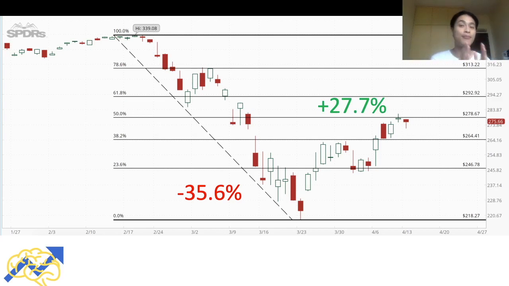So similar to the previous two major bear markets and recessions, prices are currently in a bull market rally, right? Because it's above 20%, right? And that is why I believe we are in a bull market trap. Because if you take a look at the previous two bear markets and recessions, we can see that even though prices rally immediately after a crash phase, what happens after the rally is that prices fell.